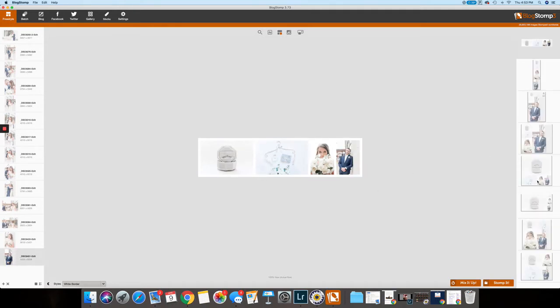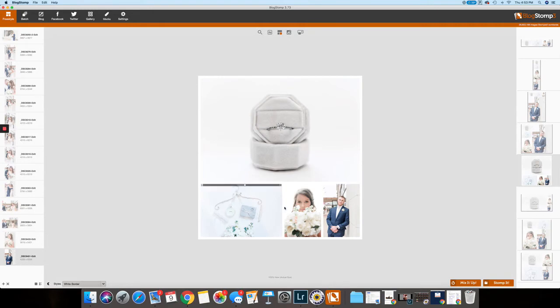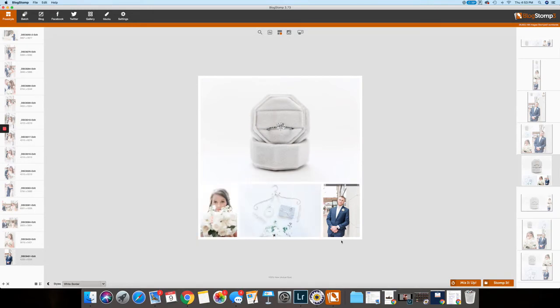And then I'm going to do this. And we will take this image, drag it over here so that it's in the middle. Good enough. I'm not going to be a perfectionist right now, so I'm going to just call that good. And what I'm going to do is go over here to